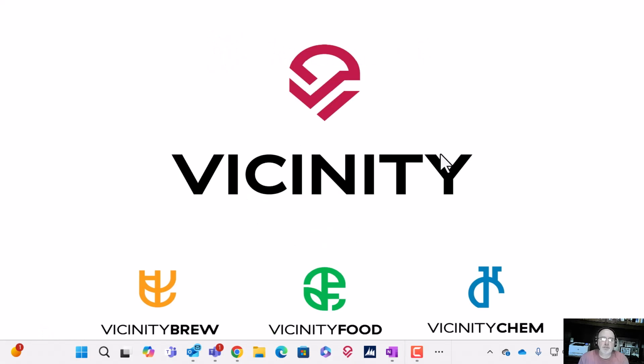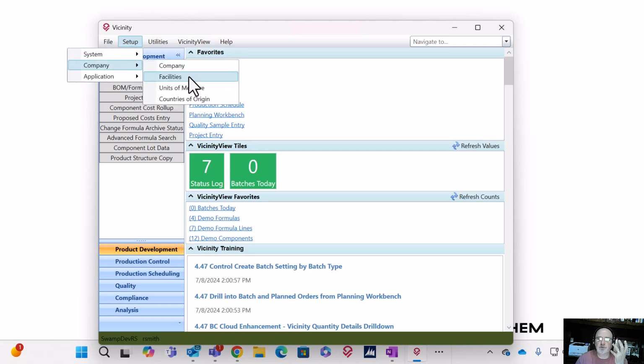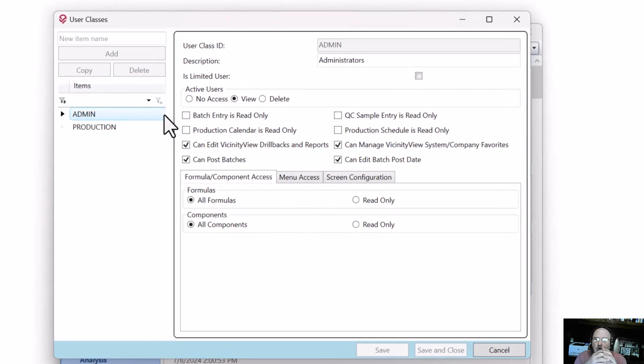I want to take a minute to talk about some functionality added to our Vicinity 4.48 release, which is the release dated September 30th, 2024. Specifically, we've added some security functionality based on use cases from customers. The scenario is the customer's got various different types of users in their environment, and they want to be able to get a little more control over what they can do while, say, in batch entry specifically,